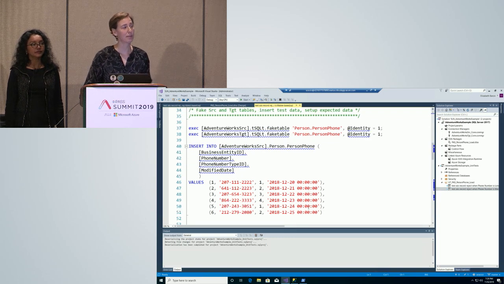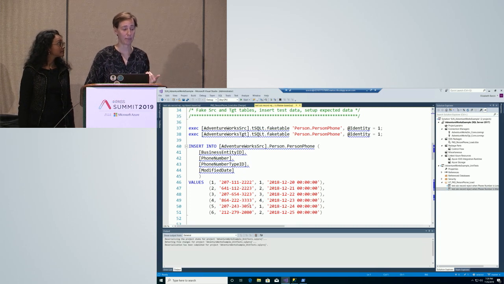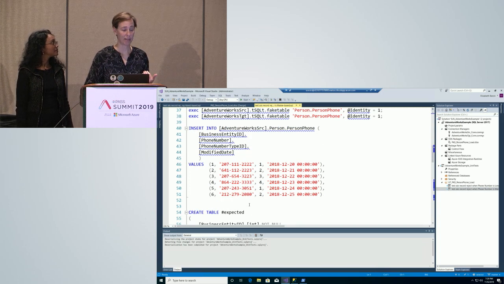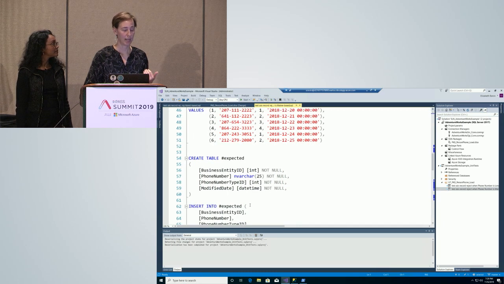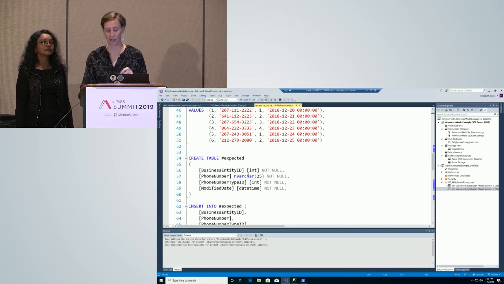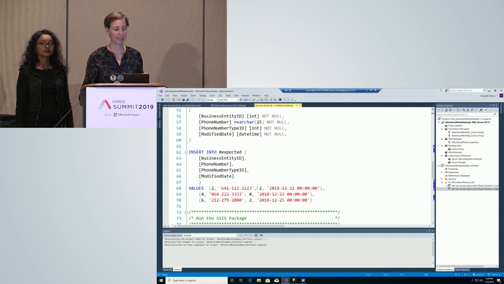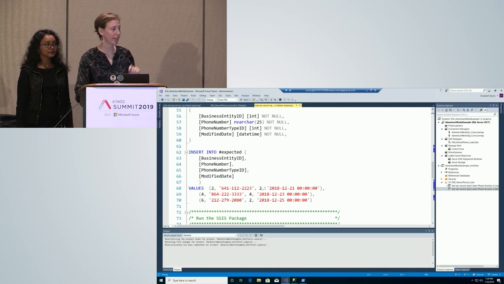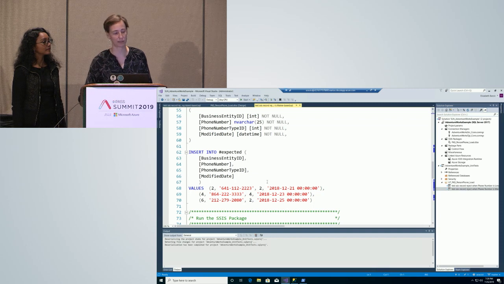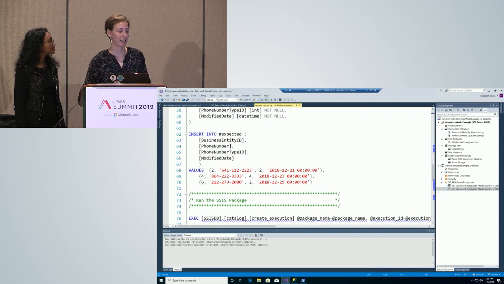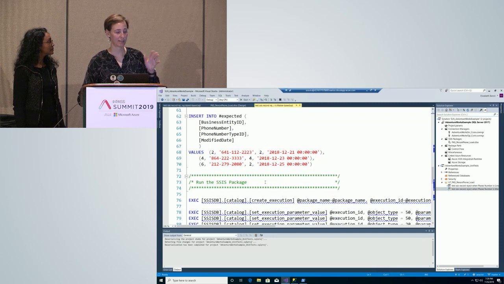And so I go ahead and fake my source table, and I put some data into that source table. And here are some of the phone numbers that I put in. And I believe that 207 is Maine's area code. So I create an expected table too, because I'm going to compare them after I run my SSIS job. So I go ahead and say, at the end, the area code 207 should not show up. And if it does start showing up, fail this test, please. So that's my expected.